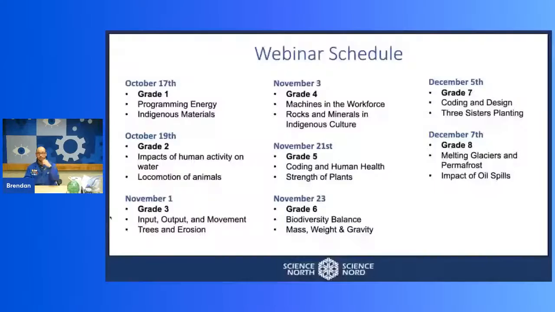and work through those. But as I say that, I'm just going to highlight our schedule so far, so you can get a sense of the work that we've done and where we're going with this. This is what we've done so far, and today is about melting glaciers and permafrost and the impact of oil spills. It's a very messy one. It's why I have my blue coat on, to keep from making a mess everywhere.